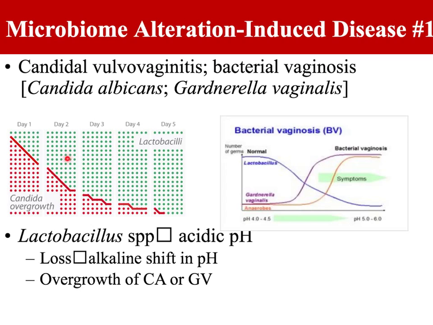So you've seen this image before, and what we saw in this image is that the more Candida you have, if this is a bar graph with a y-axis here, x-axis here, this is time, this is the number of cells in the population. If you have a lot of Candida, you have very little lactobacillus. If you have a lot of lactobacillus, you have very little Candida. The actual mechanism for this